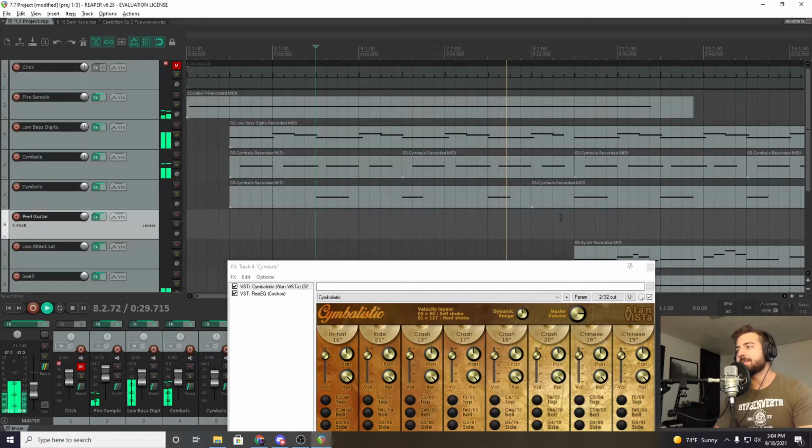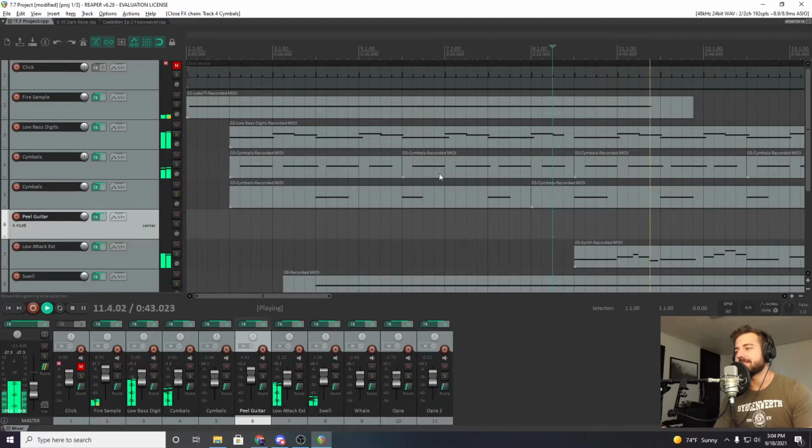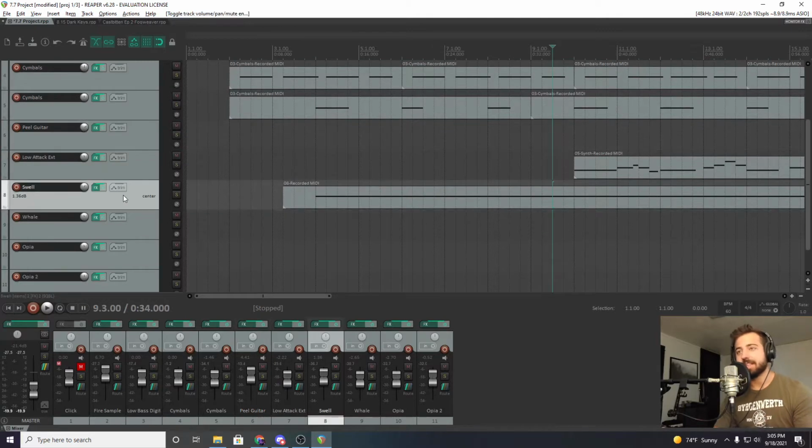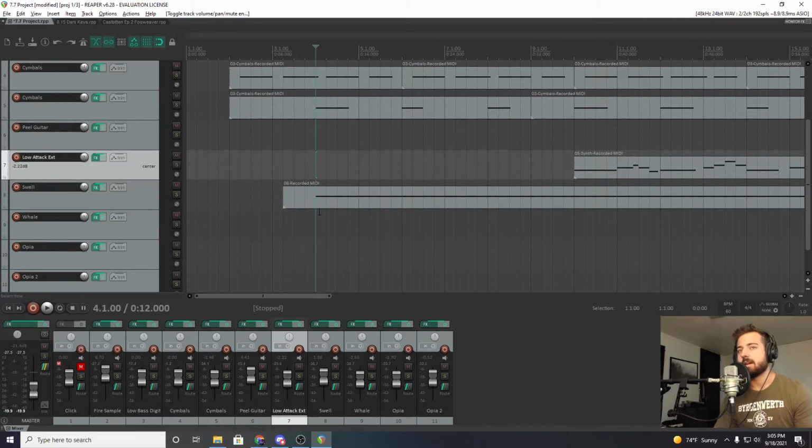Yeah, and you can especially feel that when we have the big dip there. It's just a little something to add a layer of percussion to it, and to kind of emphasize the downbeat, like emphasize the 1, I guess. Yeah, as far as the intro goes, there's maybe one more thing I want to talk about, and then we'll move on. And that's this swell here.